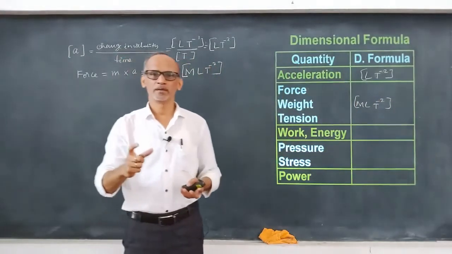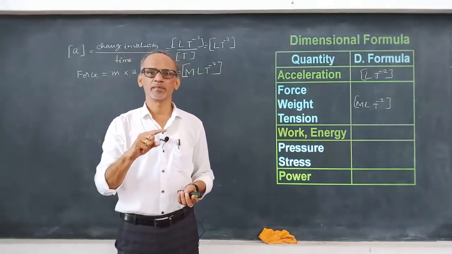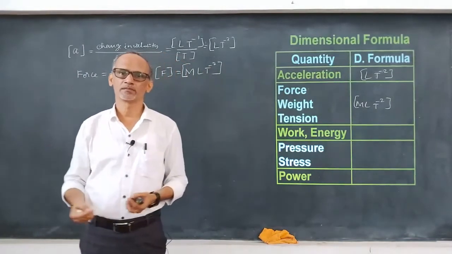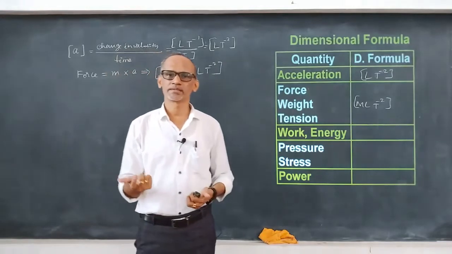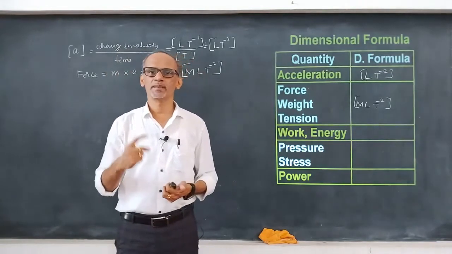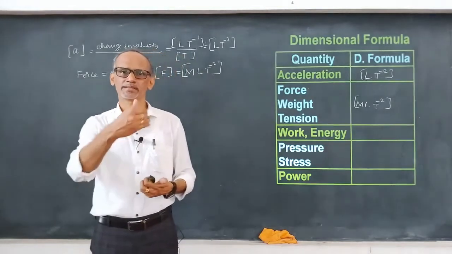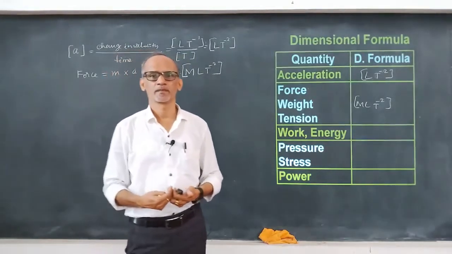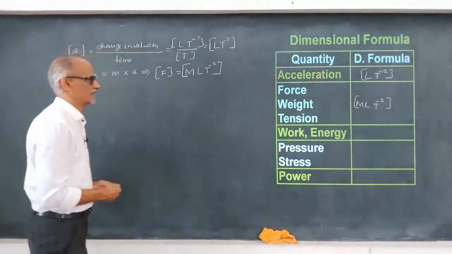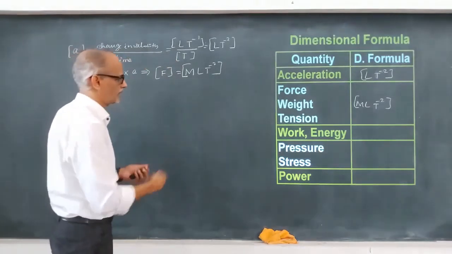See, easy to remember: velocity LT minus 1, momentum MLT minus 1, acceleration LT minus 2, force is MLT minus 2. Just multiply by mass. That is the way to remember. That is why that sequence is given. Clear? Okay. So, that is force, weight and tension. Next,